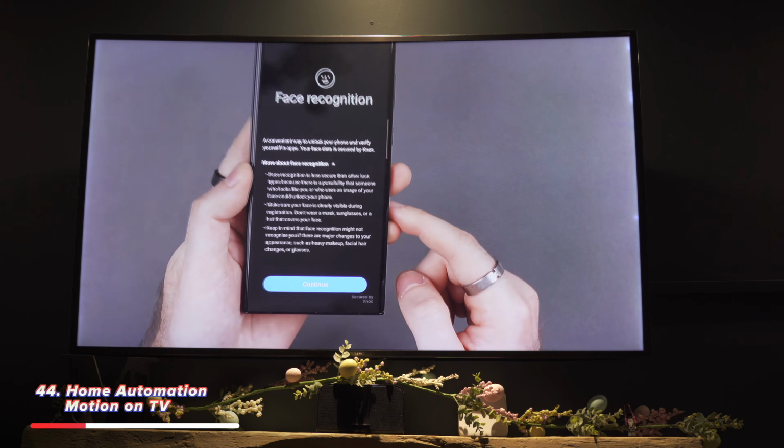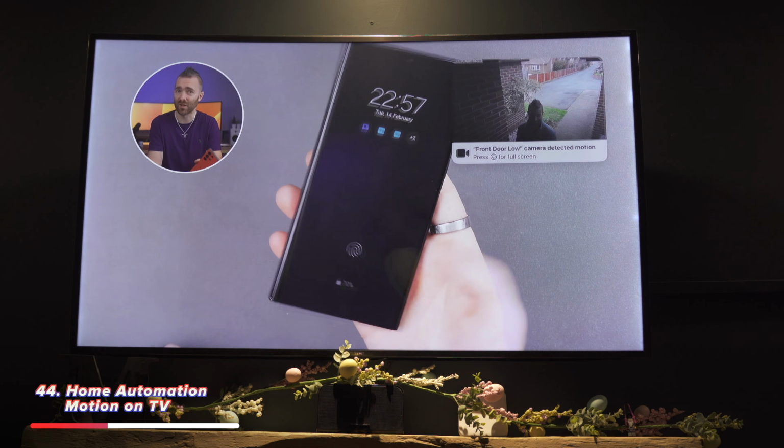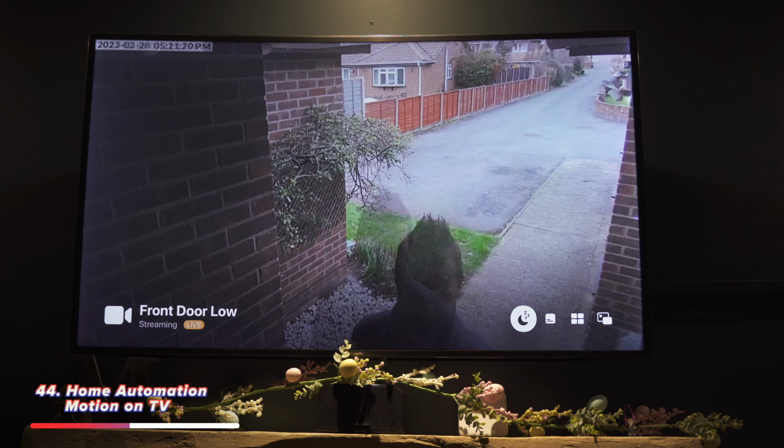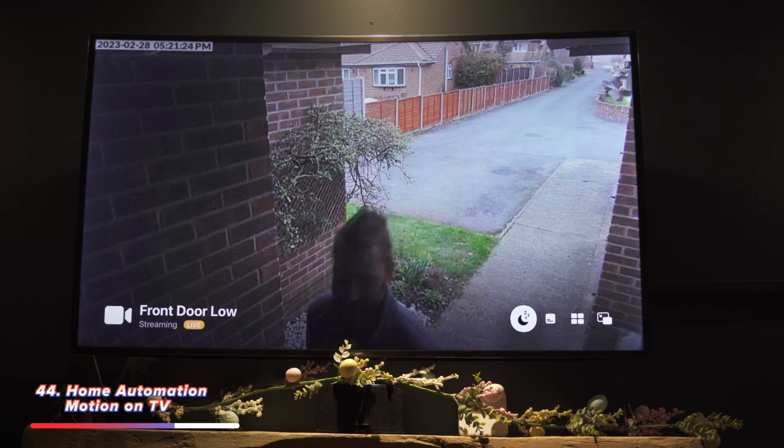Now, one of the Apple TV features I absolutely love is when watching something on the Apple TV and someone either comes to your front door or they press the doorbell, it can bring up a video feed in the corner to show you who is there. Now it can also do the same with other cameras around the house. If you want to put a camera upstairs, for example, to check your kids aren't getting out of bed when they should be asleep, like we do, this can also pop up on the Apple TV.